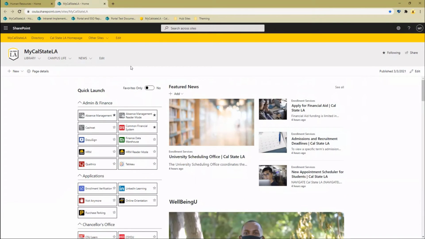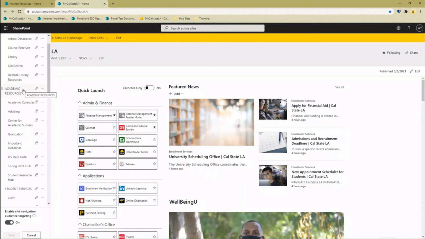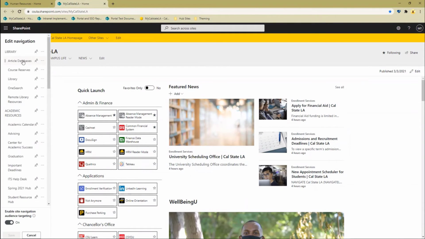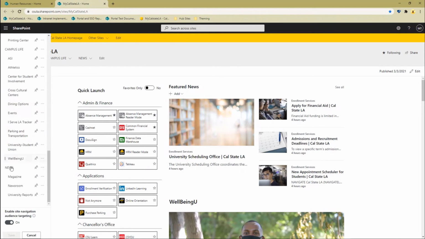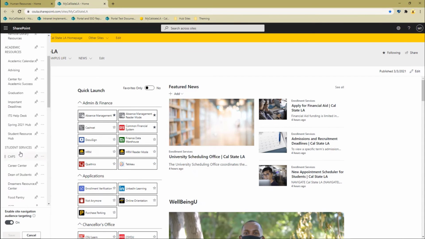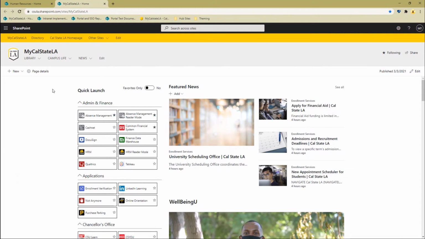And to give you an example of the audience targeting here, if I click on edit, you'll see that there's many more options here that I'm not seeing because I'm not part of these groups. I just made some of these available to me for demo purposes. But you can see there's a huge amount of menu items here that are just not available to me. And that could be the same thing. You can target them to whoever you need to, and it's not security, it's not trying to keep people out. It's more like, this isn't of any interest to faculty, this isn't of any interest to students. We don't need to show it to them and muddy up their feed.